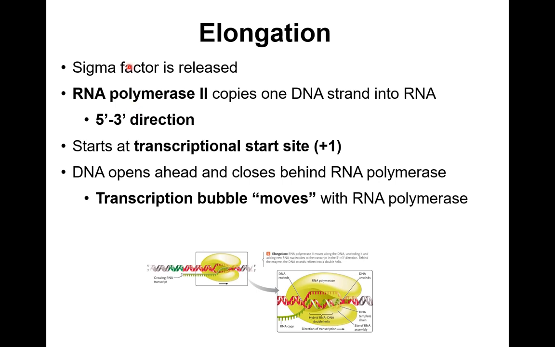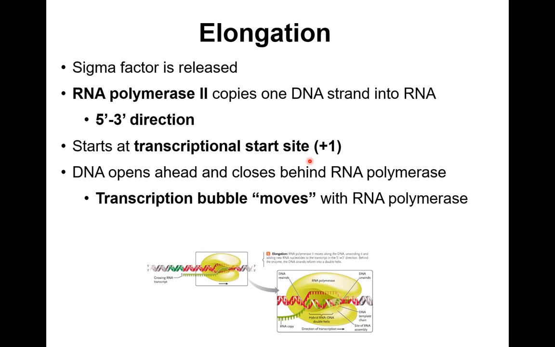Before that, though, the sigma factor, the transcription factor that brought RNA polymerase to the promoter, is released. This signals to RNA polymerase that it can start copying. RNA polymerase, unlike DNA polymerase, doesn't need any primer to start. It can start to produce the RNA on its own. It starts at the very first nucleotide, called the transcriptional start site, in